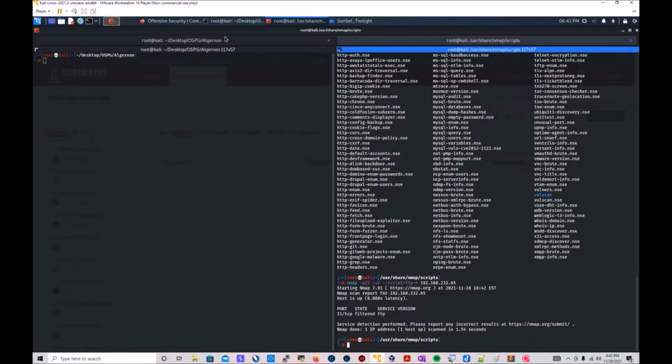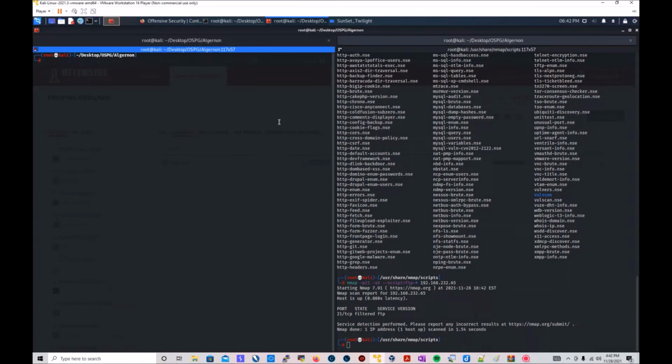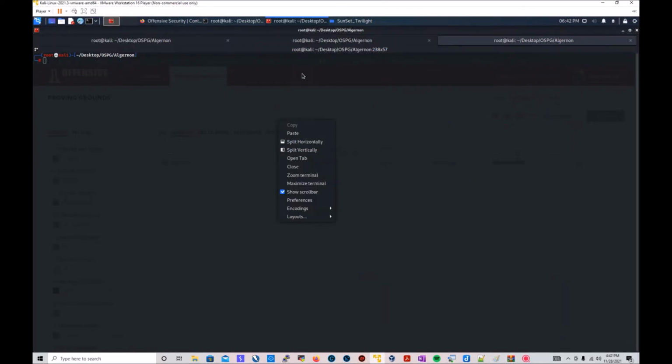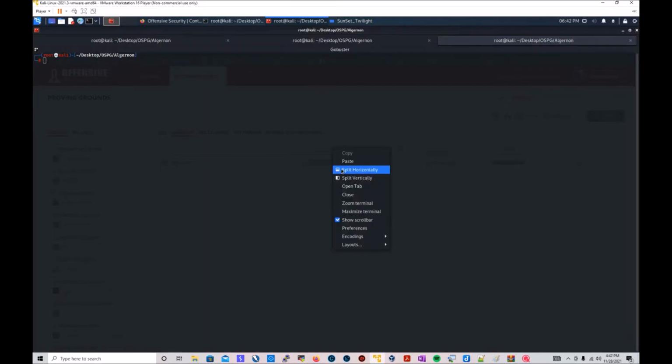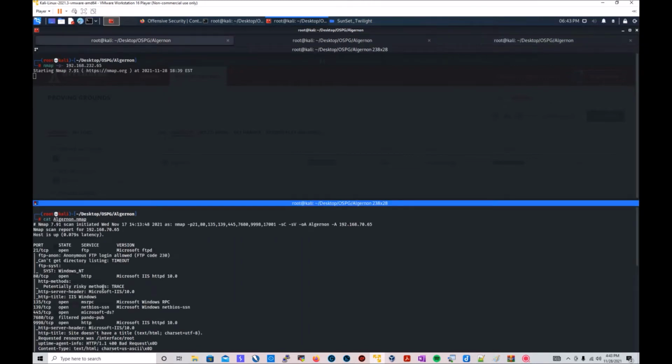Let's continue with our next port, port 80. So with this one, we're most likely going to do some directory busting right here. Let's have this one set as our Gobuster. Split this one in half and do the ffuf, or whatever they call this. Fuzz faster. All right, so now let's take this one. What two ports do we have open on that one? 80 and